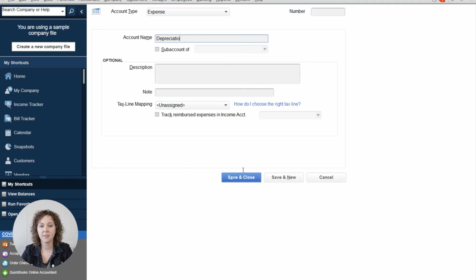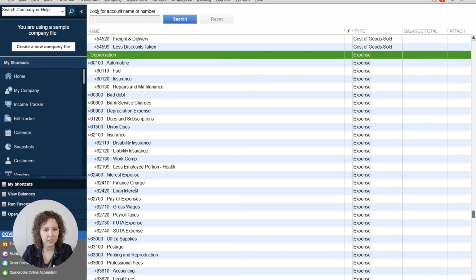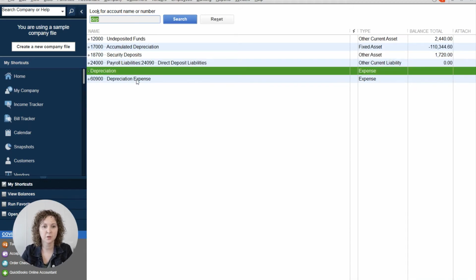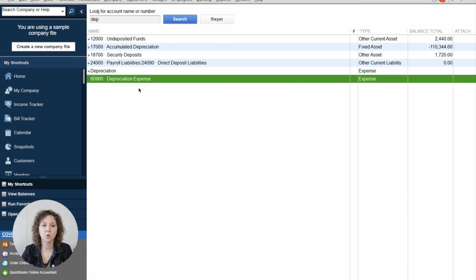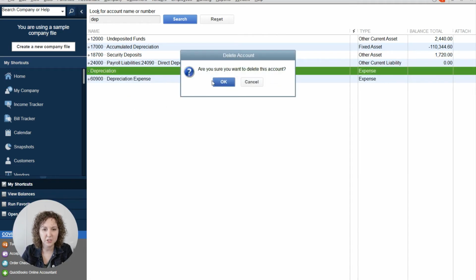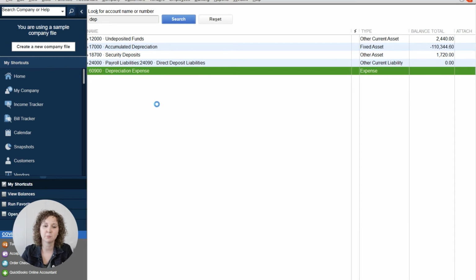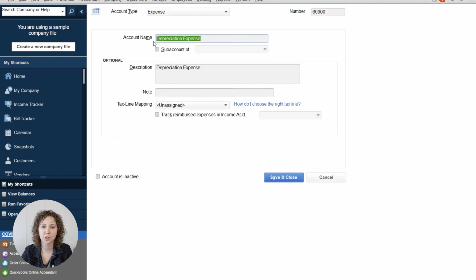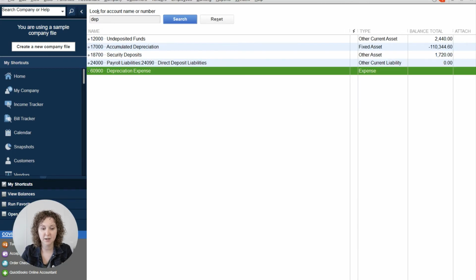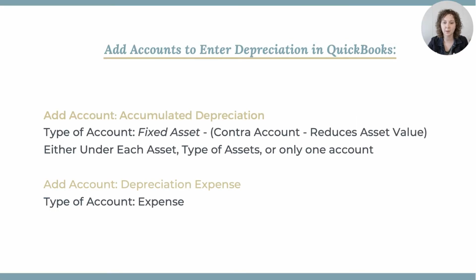Okay. And then you are going to set that account up. Let me see if I already have one actually in this sample file. Hold on. I do. Okay, great. So it's right there. I just accidentally set this one up. I'll delete it because I haven't actually used it yet, but this is what you would set up. Depreciation expense, or you can call it depreciation, totally up to you. Good? So that's the next step. You've set up now both of your accounts, which means we can do the next step, which is entering in the actual transactions